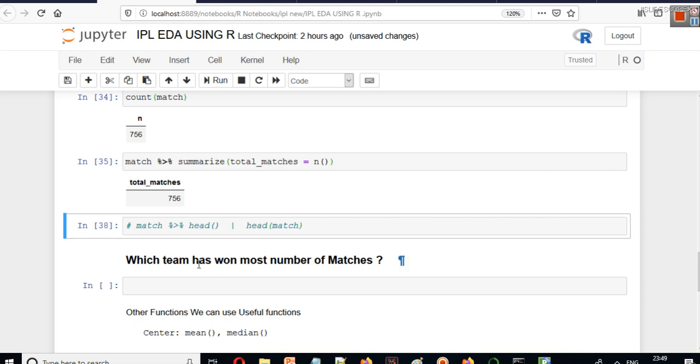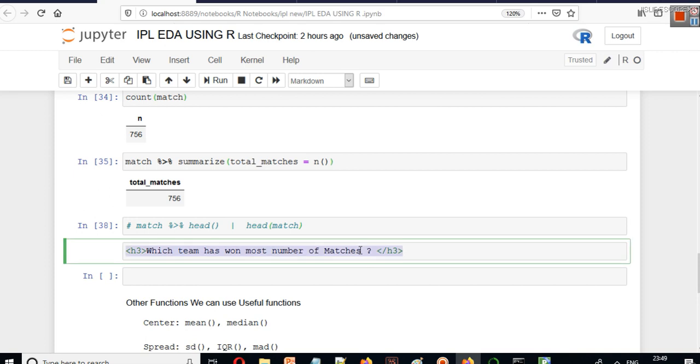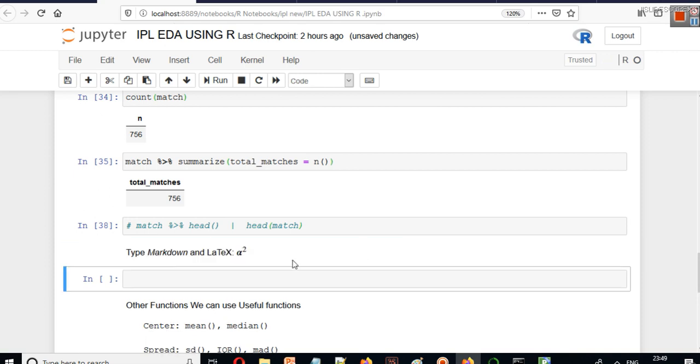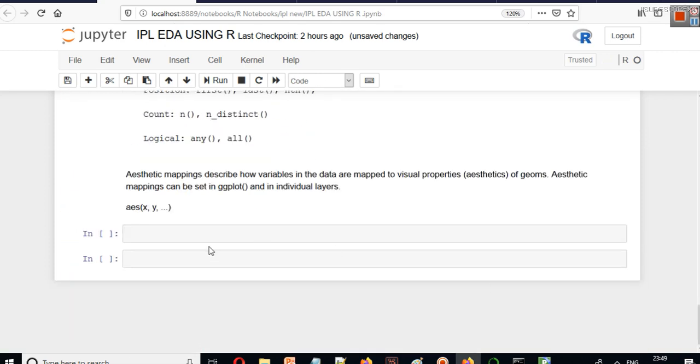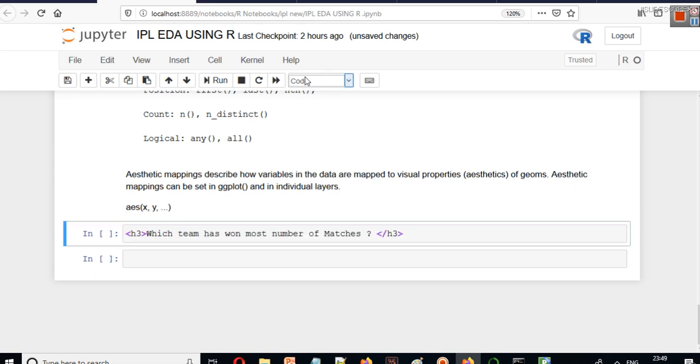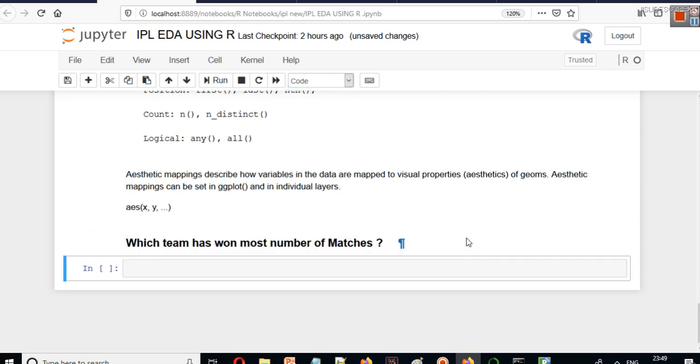Now the next thing is we have to analyze which team has won the most number of matches. So let me take this and I'll put this line down here. I will make it markdown.